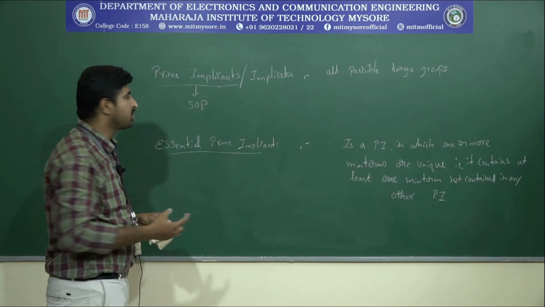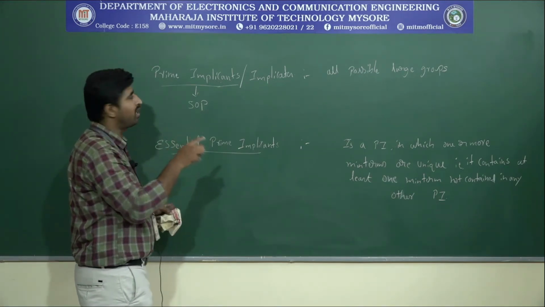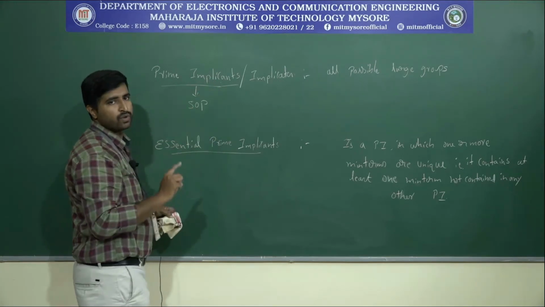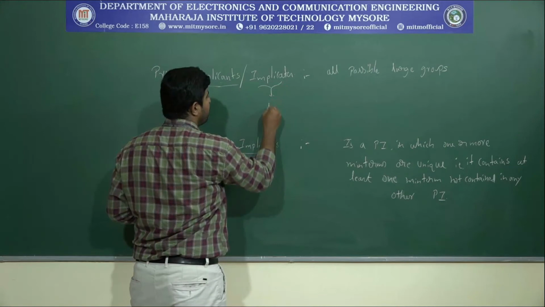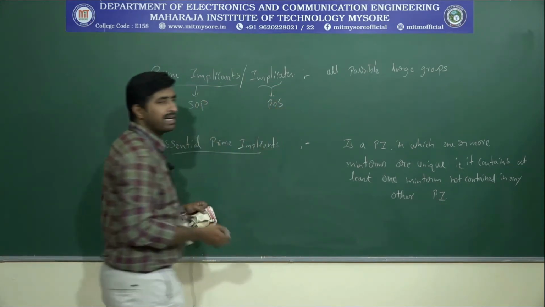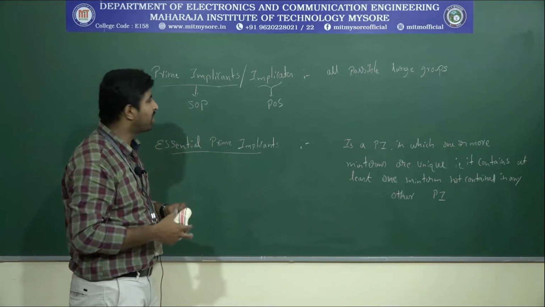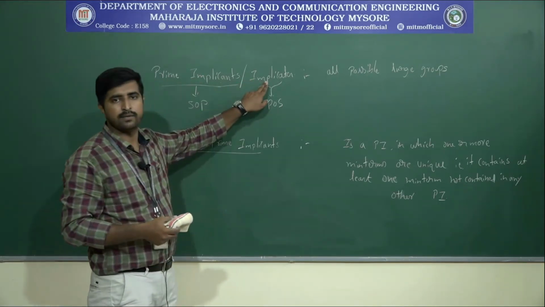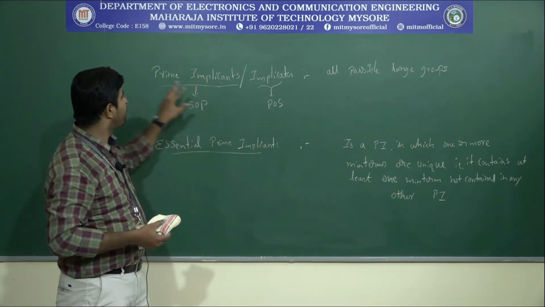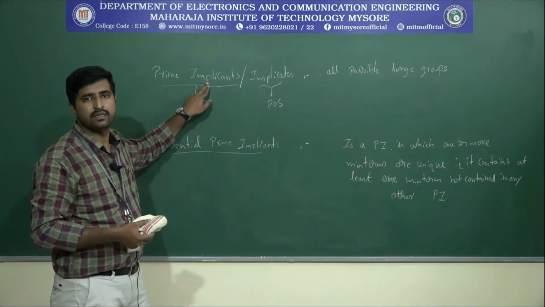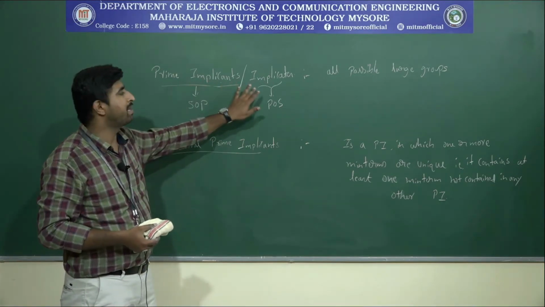When you are writing min terms, a group in a K-map we call an implicant. Implicates means POS. When we are writing max terms, or grouping zeros, the group of zeros we call a prime implicate. When you are grouping the logic ones, that group will be called a prime implicant. Okay, keep in mind. So what is a prime implicant or a prime implicate?